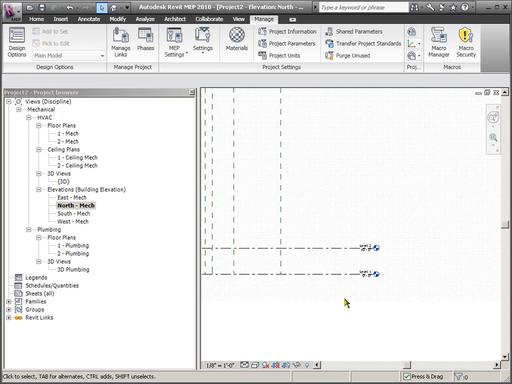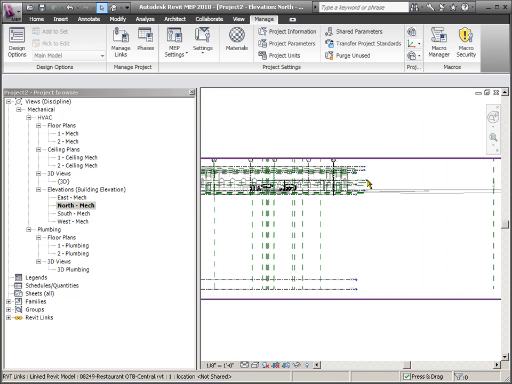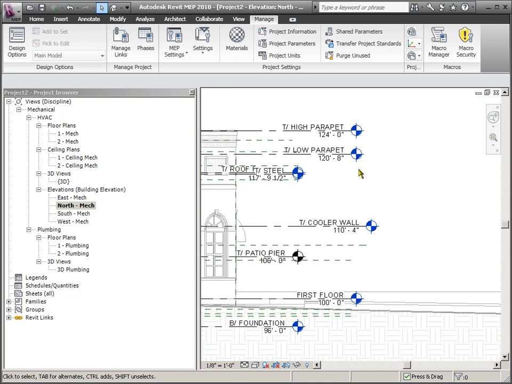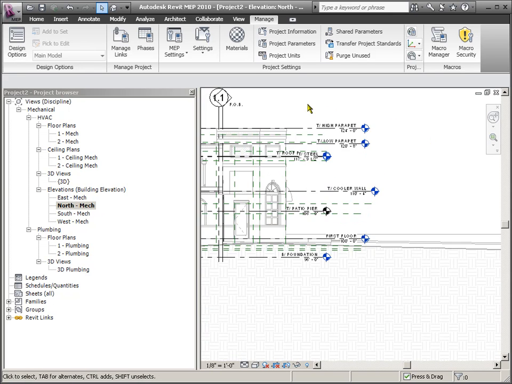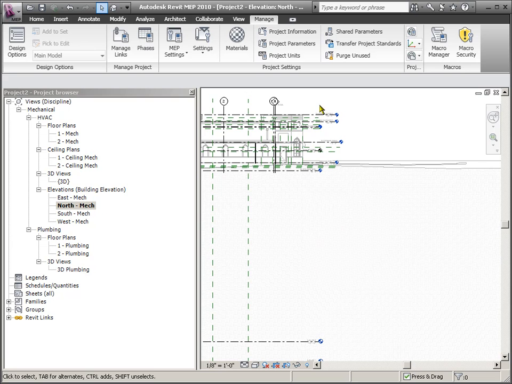So what we need to do is look at the architectural levels. If I hover my cursor over those, notice they're not highlighting individually. So these are the architect's levels, and we're going to need to copy monitor each one of these levels. Before we do, we need to make sure our levels are right on top of theirs. When we copy monitor,